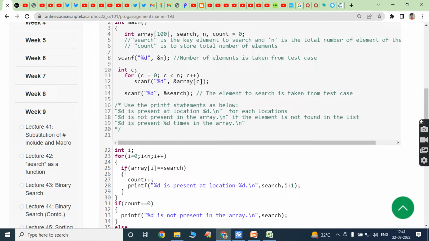Within the for loop, if array of i equals search, that is, the element you want to search equals the particular index of the array, and this condition is true, then the count value is incremented. Next, printf "%d is present at location %d". That means our searching element is present at that location. The location starts with 1, hence we have to write i plus 1 instead